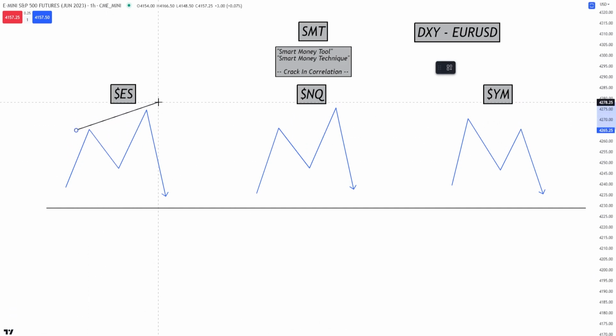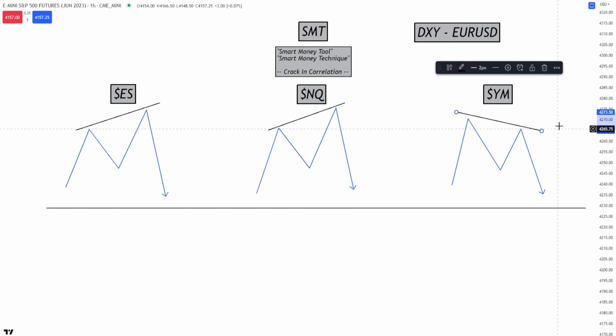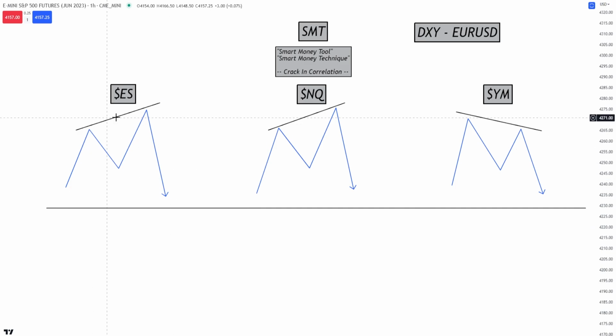I'm just going to draw it out. Higher high, and then lower high here. So this would be a crack in correlation. So this would be like your first hint, right? As my model, I have to see this in order to change my bias. So it would be like this if you're looking for bearish, and then it would be the same thing, but